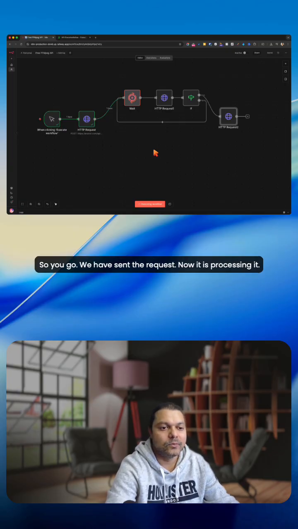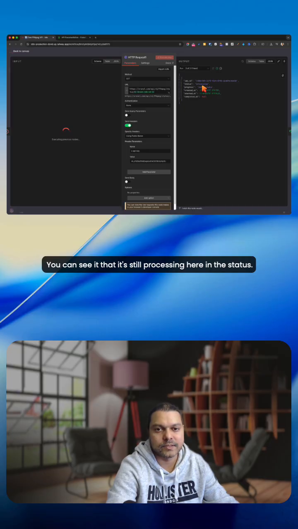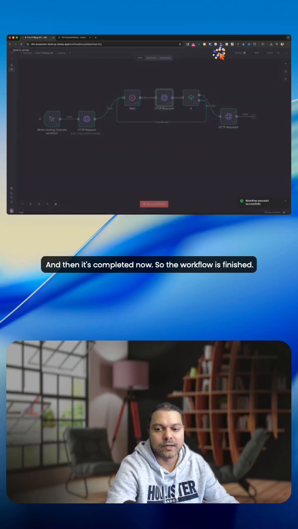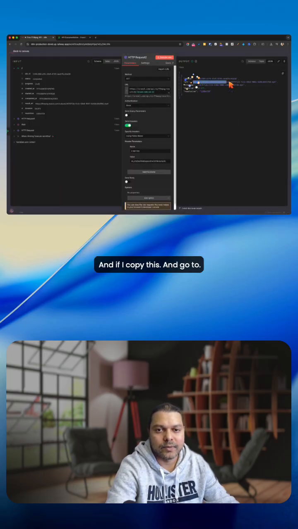So here we go, we have sent the request, now it is processing it. You can see that it's still processing here in the status, and then it's completed now. So the workflow is finished, and if I copy this